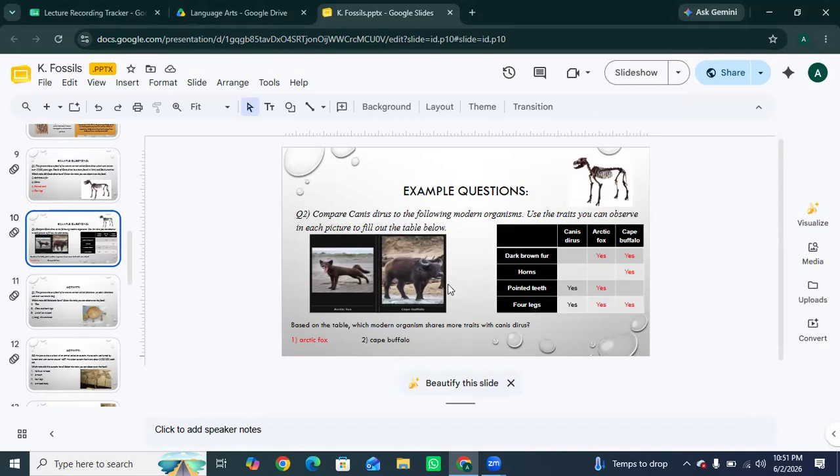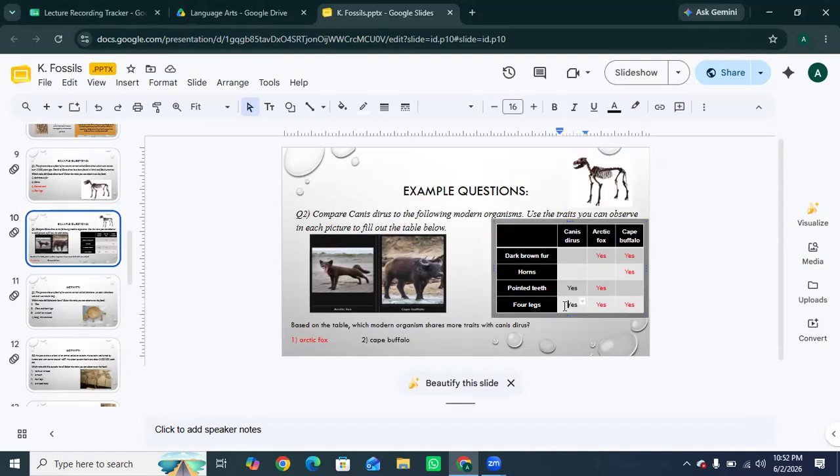Based on the table, which modern organisms share more traits with Canis dares? Arctic fox or Cape buffalo? Look at the fossil and then look at the picture, then you will answer. Yes, Arctic fox. Because when you look at the provided trait chart, the Canis dares has